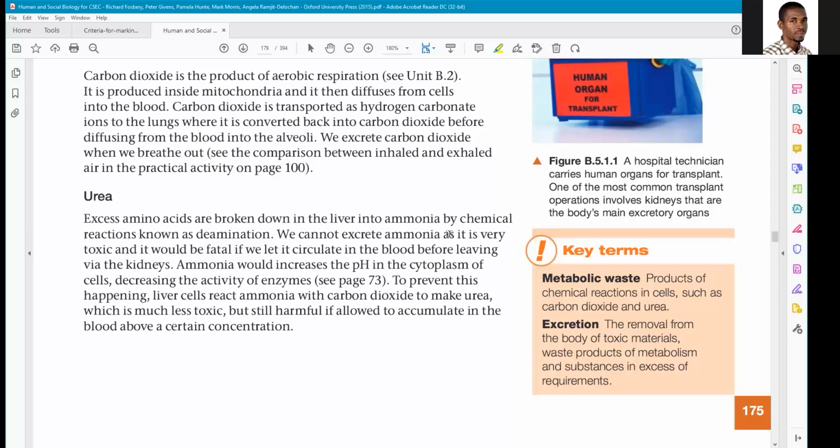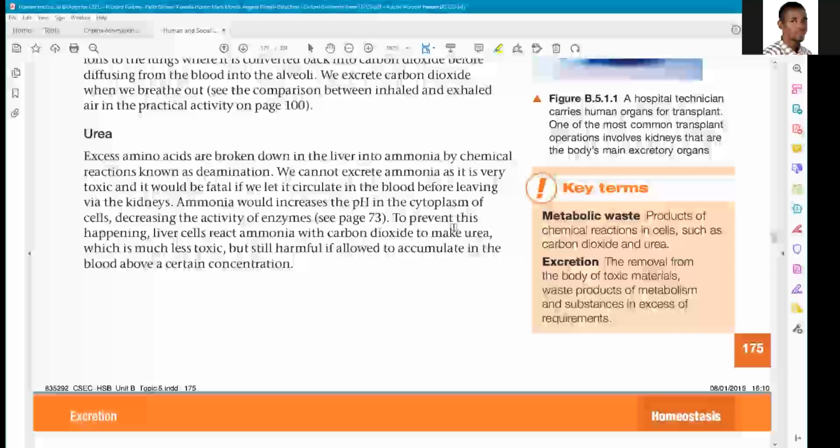So to prevent this from happening, liver cells react ammonia with carbon dioxide to make urea. So your body makes use of some of the carbon dioxide there. But this is still harmful if it is allowed to accumulate in the blood above a certain concentration. So you have to continue with the process, and the kidneys would remove the excess urea from the blood. It will do the filtration. Kidneys are a very, very important organ. It acts as a filter and